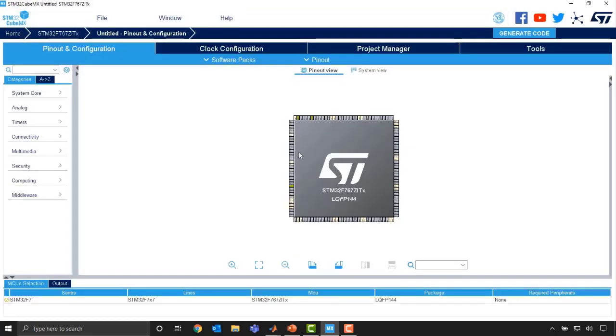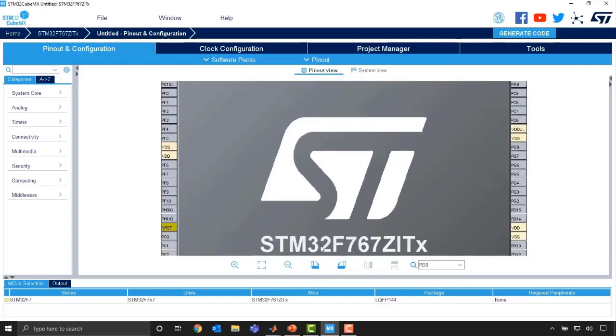What we want to do is configure the specific pins that we're working with to be in output mode. And so in particular, we want to just select the pins that are the LED connected pin. You could look this up in the documentation. The way we can find them, I know it's pin 0, 7, and 14 in this case. I can search for it, it highlights it down here. And what I can do is select that.